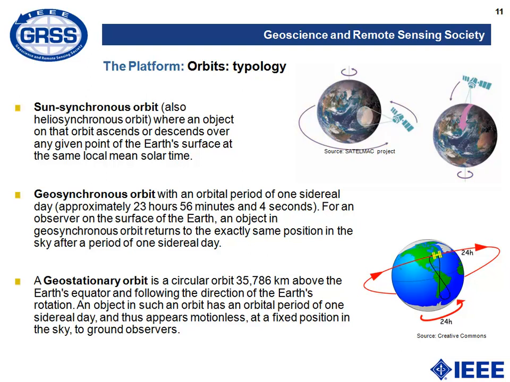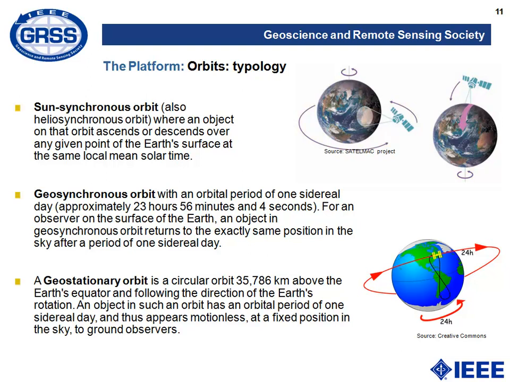We have sun-synchronous orbits, where the satellite targets the same Earth surface at the same local mean solar time, or in other words, under the same solar illumination conditions. But we also have geosynchronous orbits, synchronized with the rotation period of the Earth, or geostationary orbits